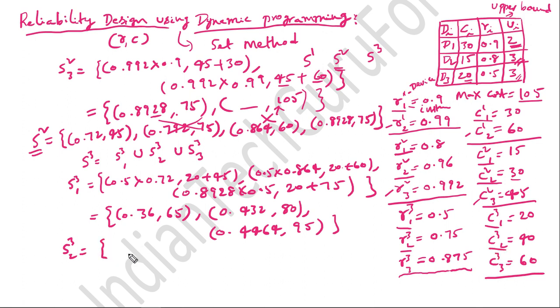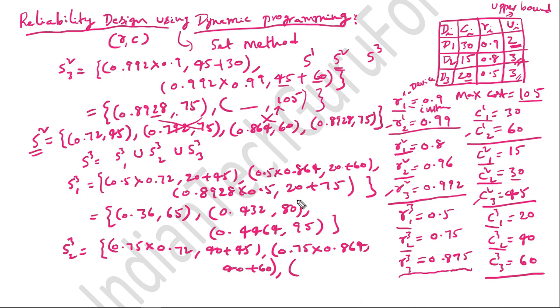It is equal to 0.75 into 0.72, this value 0.72 comma, what is this C power 3 suffix 2? 40 plus 45 comma 0.75 into 0.864 comma 40 plus 60 comma, and here instead of calculating this value,